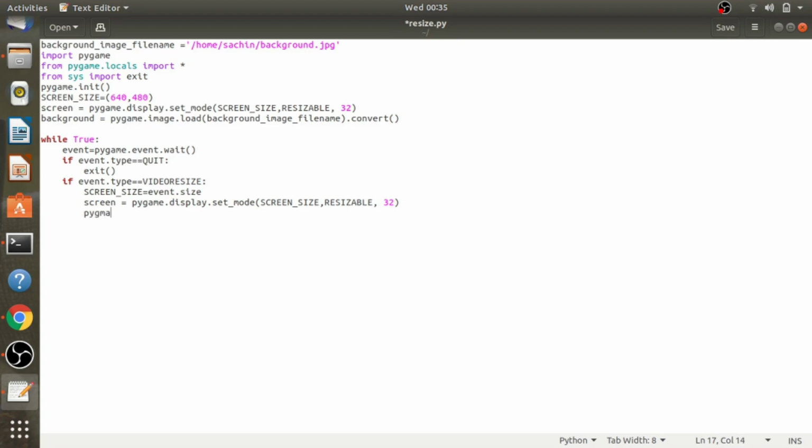Okay. Now let's add a title to the window by calling the set_caption method. Basically it helps to understand the execution of the script. So pygame.display.set_caption, we have already seen set_caption in the hello world program as well. So here I am passing the string 'Window resized to', and here we are passing event.size, so it should be in a string, so str(event.size).